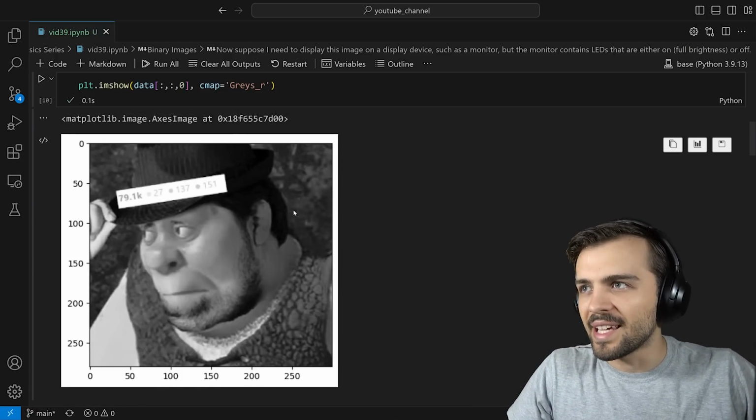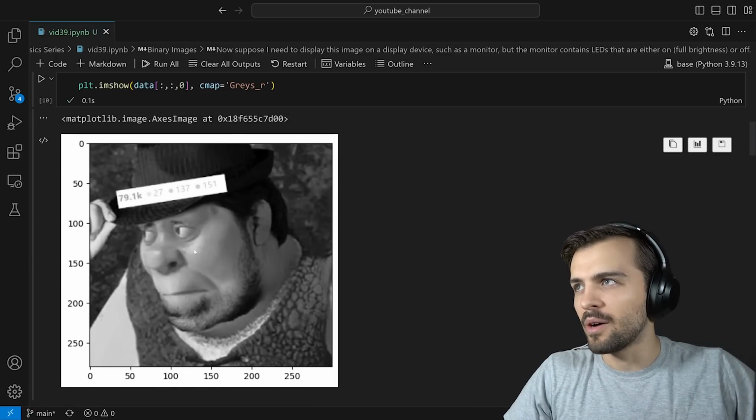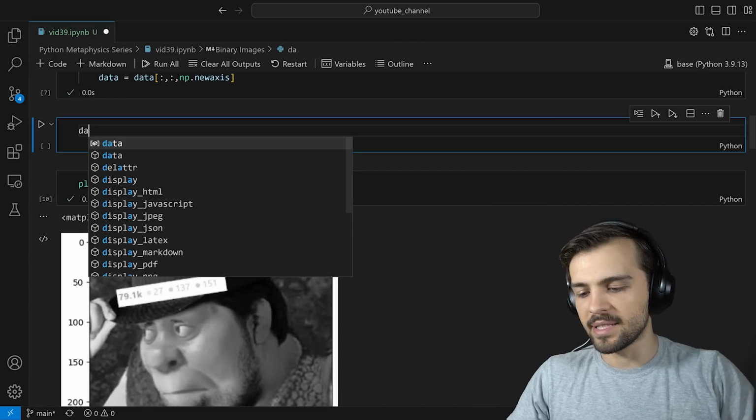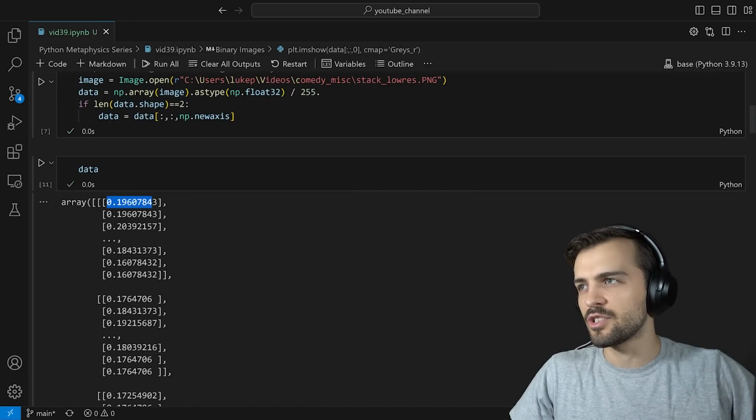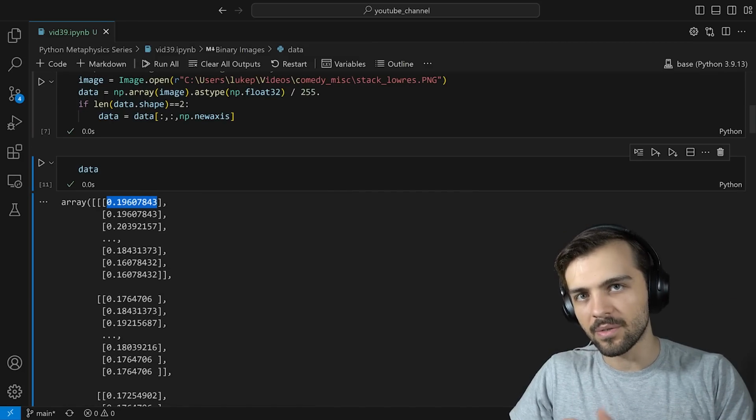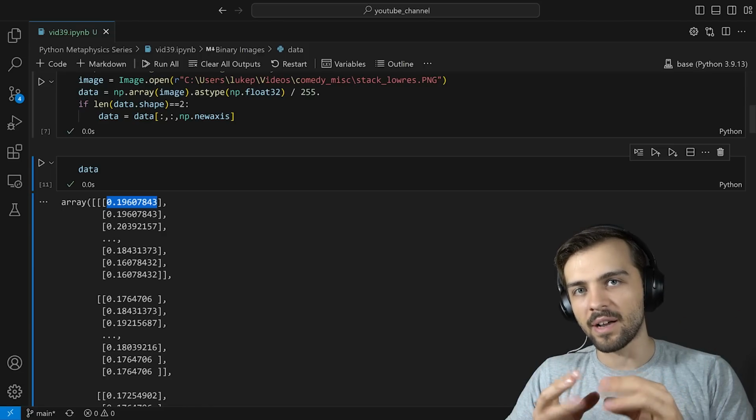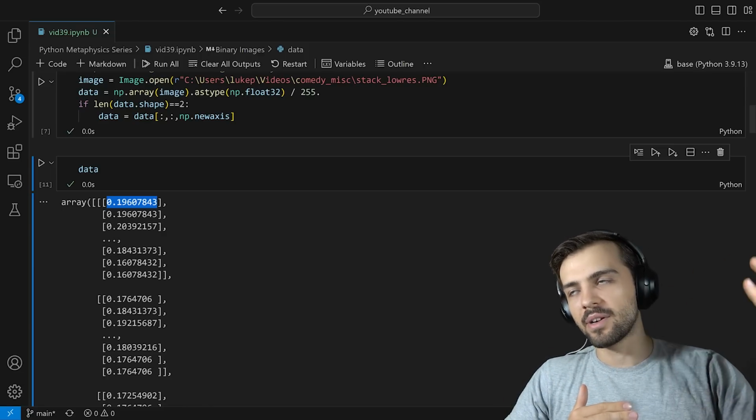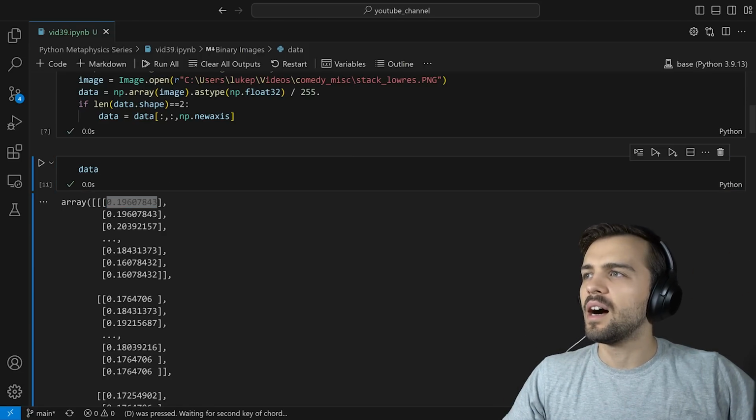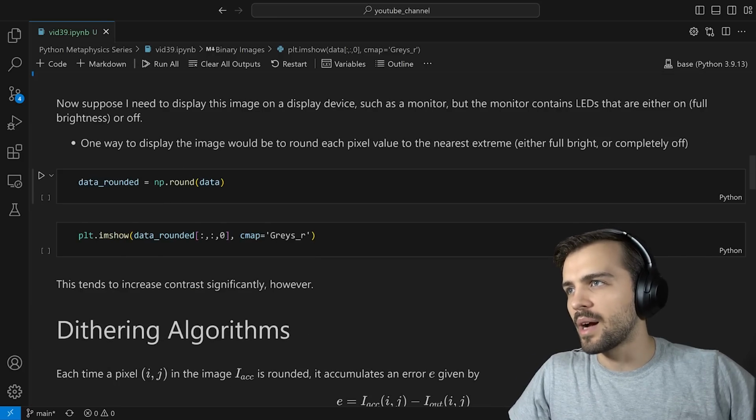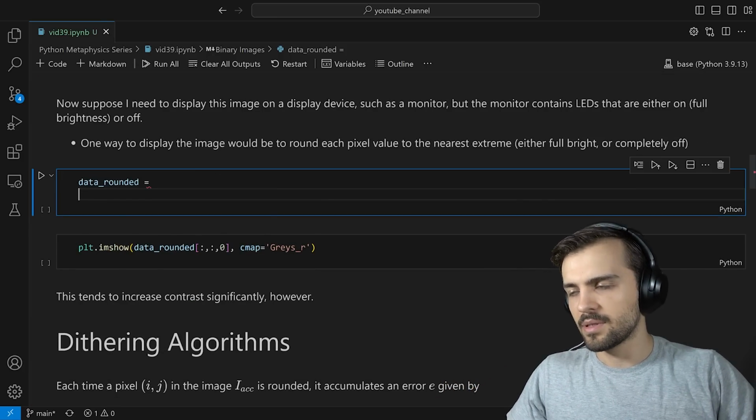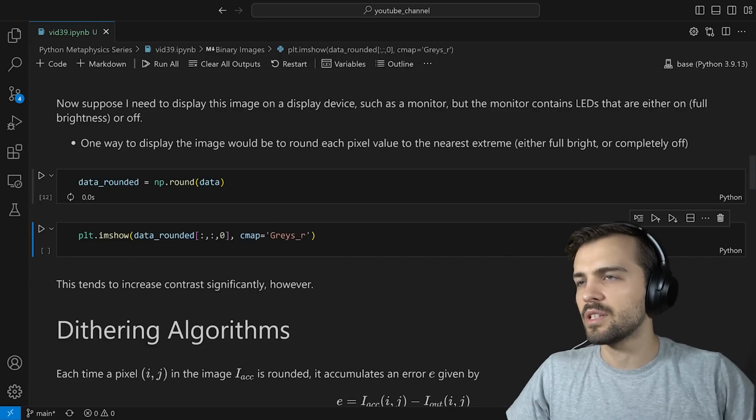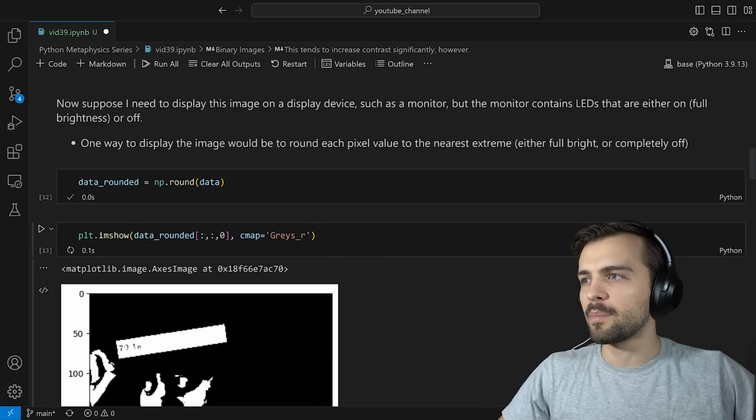So obviously the most naive way of going about this is just to round the values. For example, if I look at my data array and see all these values, I could take anything that's less than 0.5 and round it down to 0. And I could take anything that's greater than 0.5, or greater than half brightness, and round it up to full brightness. That's what this np.round function does. I'm just rounding all the numbers to their nearest, either 0 or 1. But of course, if I plot this,